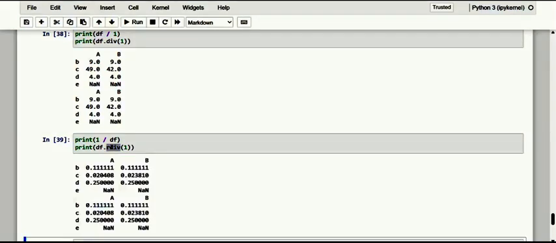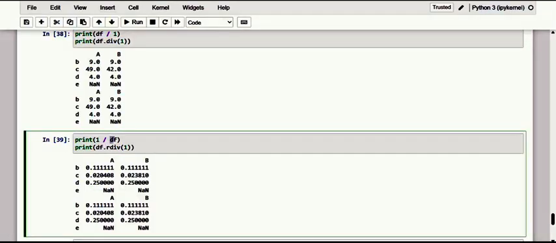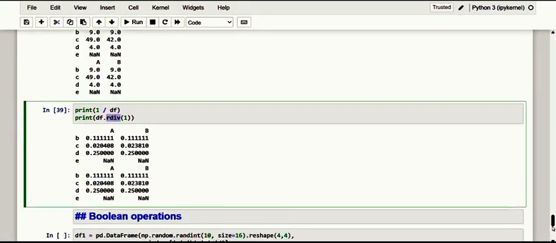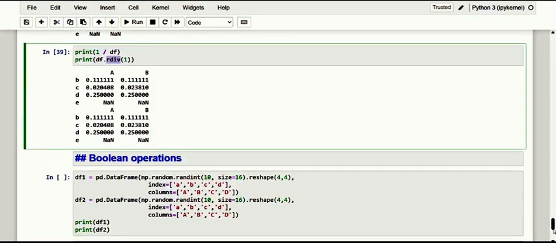So if the data frame must be placed in the denominator, here we have to specify that, and it will be possible to transcribe the mathematical operation in the form of a method. So only by using RDIV, that is the simple thing. In which the order of the operands is inverse compared to the previous phase. Previously it is df by 1, and of course here we get 1 by df. So this is how we get the exact result, dear friends.